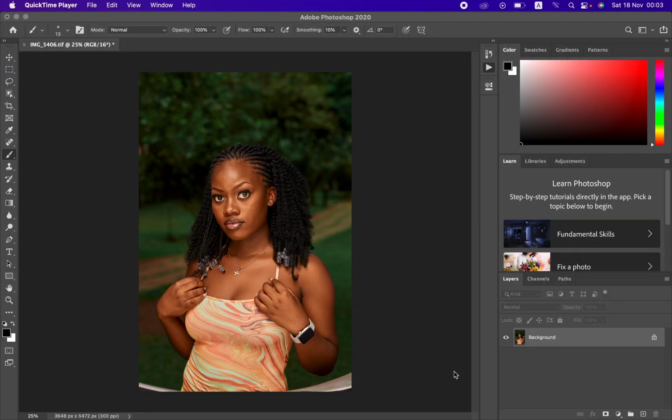That will be known as part 2, which is going to be skin retouching in Photoshop. In part 1, remember, we did the color grading and evening out of the skin tones of this very image. And right now in part 2, we are in Photoshop and we want to learn about skin retouching using frequency separation, blemish removal, eye and teeth whitening in Photoshop from the very start to the very end without any step